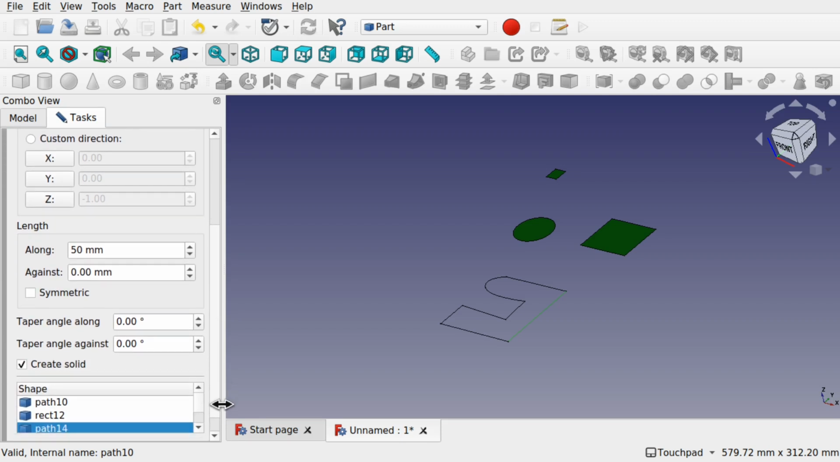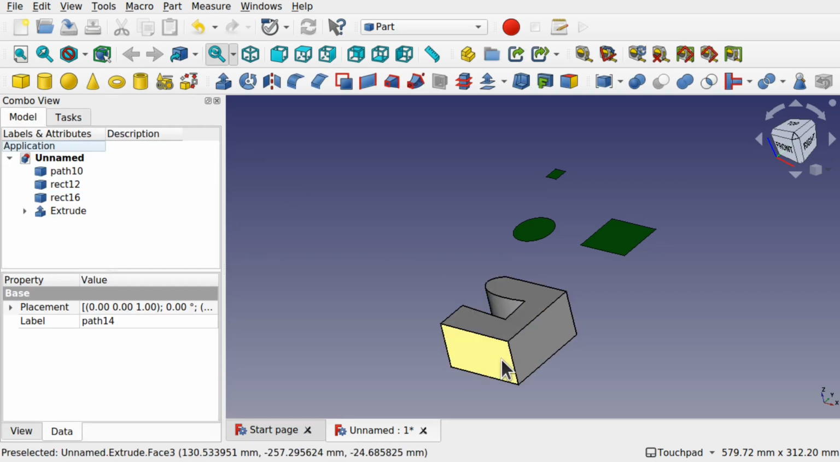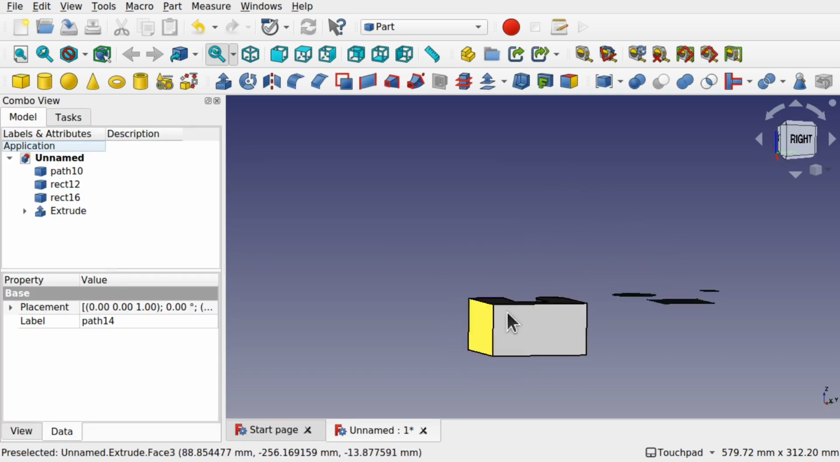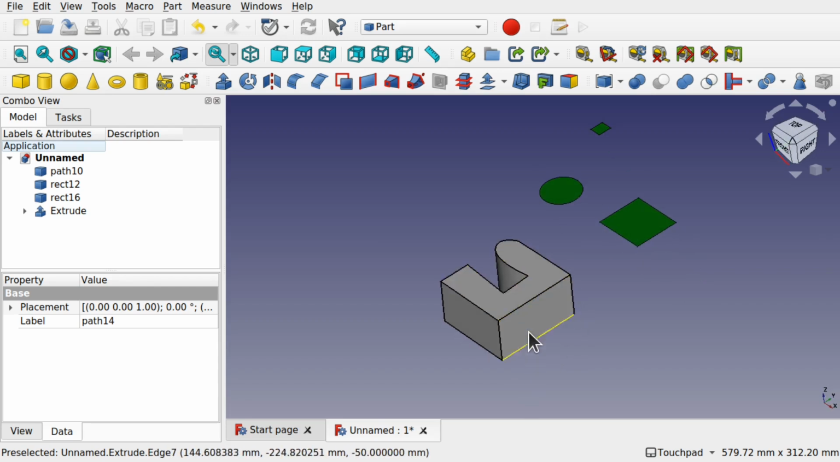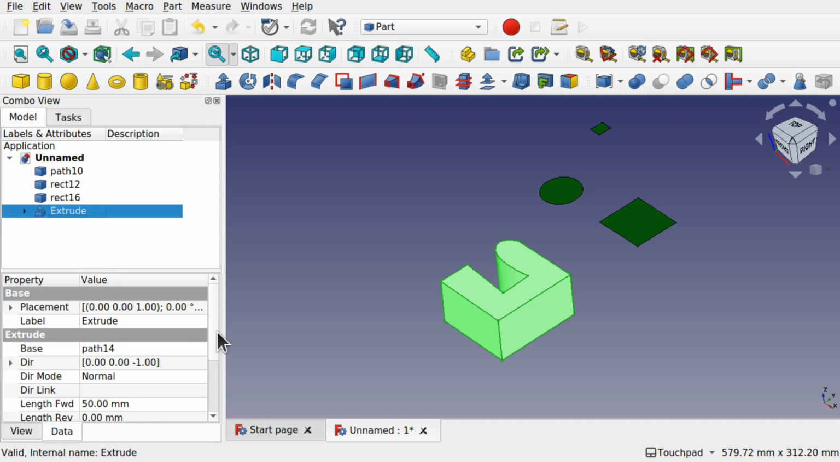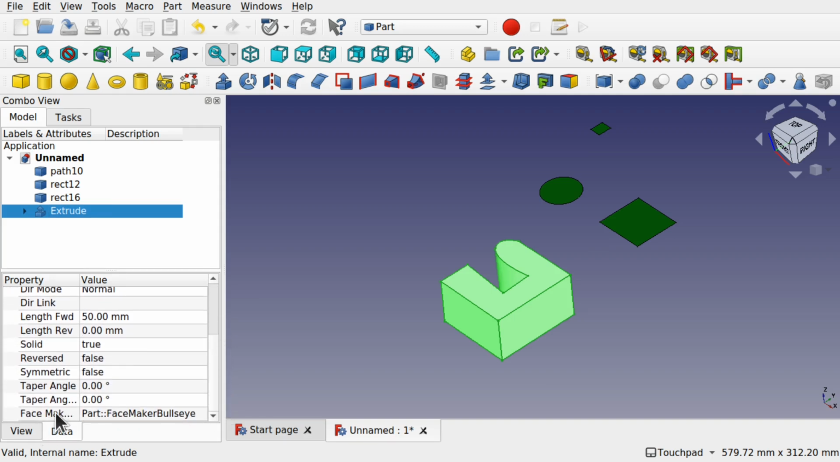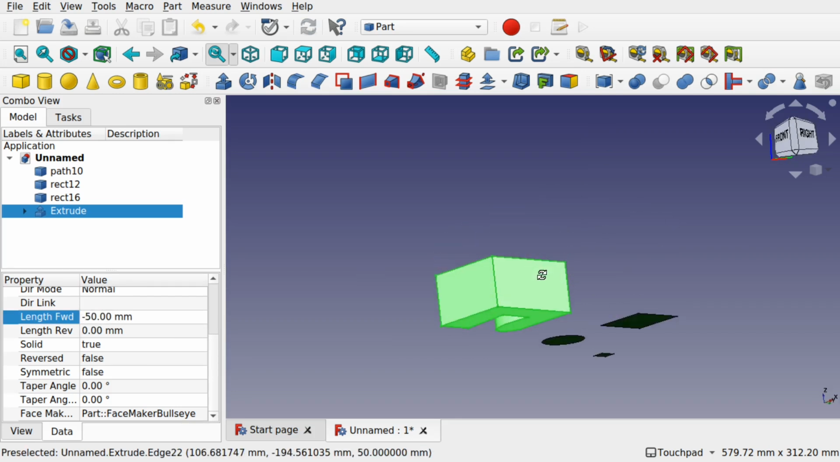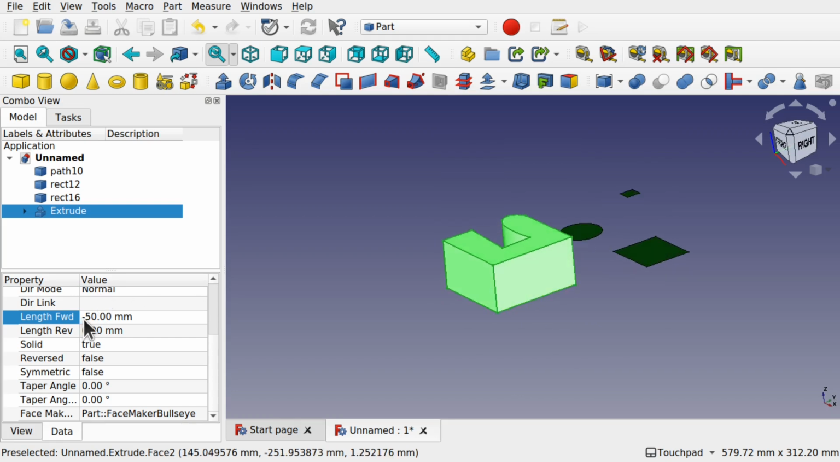And we've got some other options in here. We can taper it, create solid. At the moment I've got create solid selected. And when we hit OK, you can see that's gone downwards. The default was downwards. We can change that by clicking on the extrude and coming in on the Data tab and looking at the length forward. And we could go -50, hit enter, that will extrude it upwards. Or if we leave it at 50,